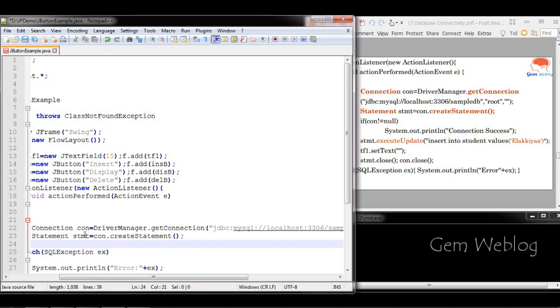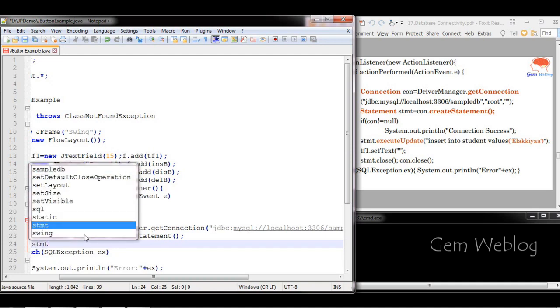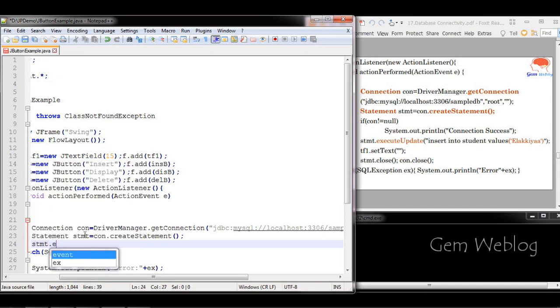Once it is done, we are going to execute the query using the statement object. For the statement object, there are 2 types of methods, executeQuery and executeUpdate. Whenever you are executing an SQL command, if the query returns any value, you use executeQuery. If the query doesn't return any value, you have to use executeUpdate.